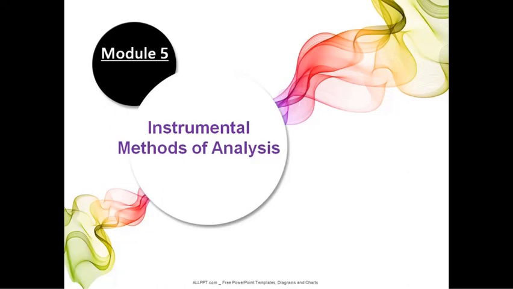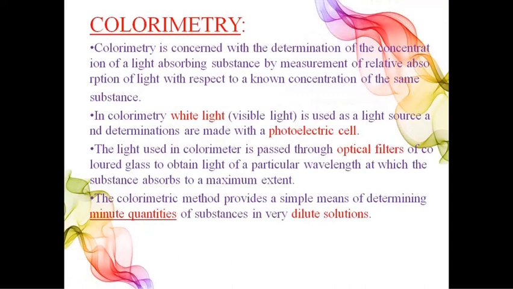Module 5, Instrumental Methods of Analysis. Under this, let us look at the first one, colorimetry. If you have a colored substance and you want to check its concentration, you can do so by measuring the